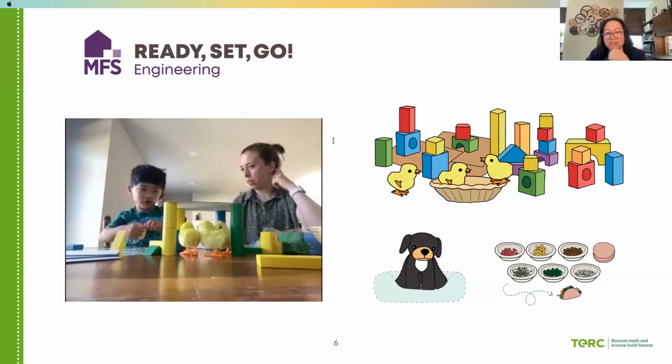So this project started in 2019, and it was originally a 3-year study funded by NSF, and then we were able to add on a supplement year. And the focus of this study is really looking very closely at the specific activities that we were using in the broader Head Start engineering project that Scott mentioned. We had a chance to look very deeply and closely at how families were interacting with these activities, with the materials, with the design challenges that we were presenting, so that we could better design them for future